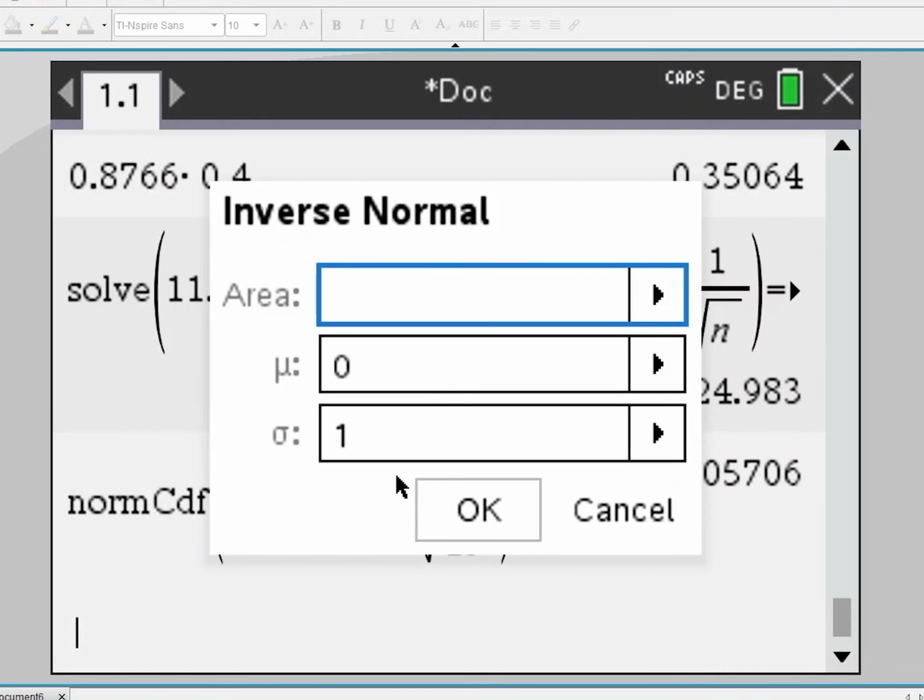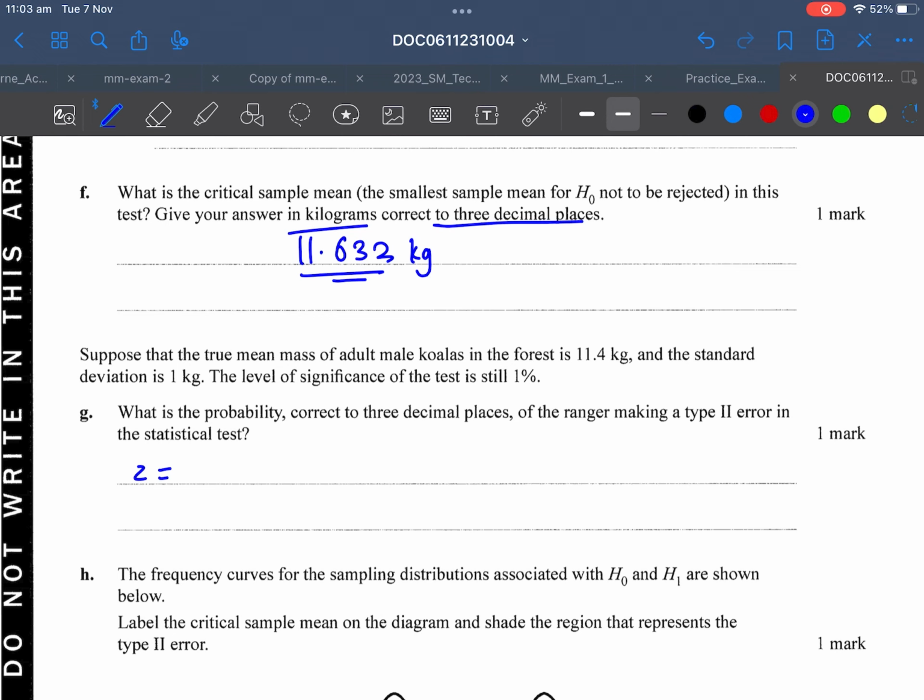Suppose that the true mean mass of the adult male koalas in the forest is 11.4 kilograms and the standard deviation is 1 kilogram. The level of significance of the test is 1%. What is the probability, correct to 2 decimal places, of the ranger making a type 2 error in the statistical test? Okay, so we can first find the z value of this. So we have z equals x bar, which is 11.632, the critical value that we found, take away the true mean, which is given over here, 11.4, divided by the standard deviation, which is 1 on square root of 40. And we just have to find the probability that z is greater than whatever we get over here,